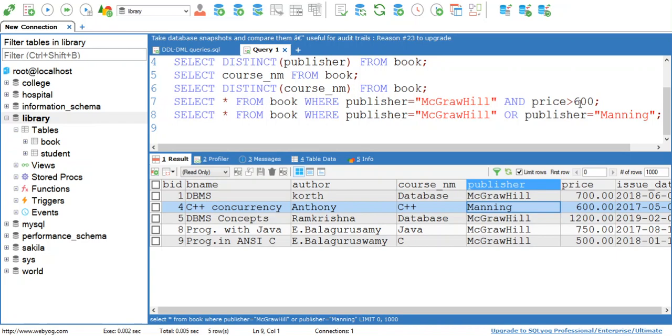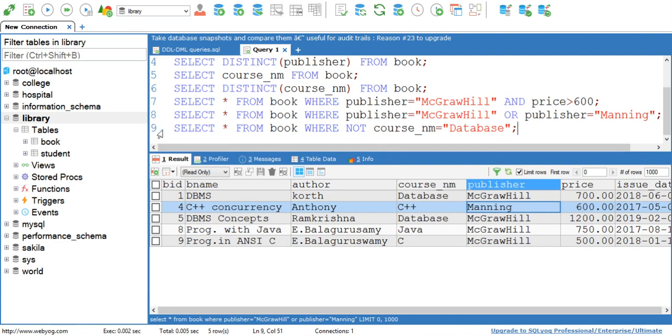Now let's see how to use the NOT keyword. If I write select star from book, now I don't want to display data for database course. So here I can simply write select star from book where not course name equal to database.